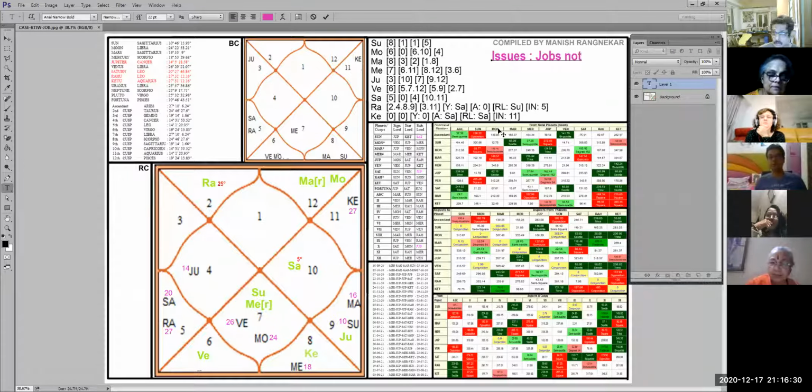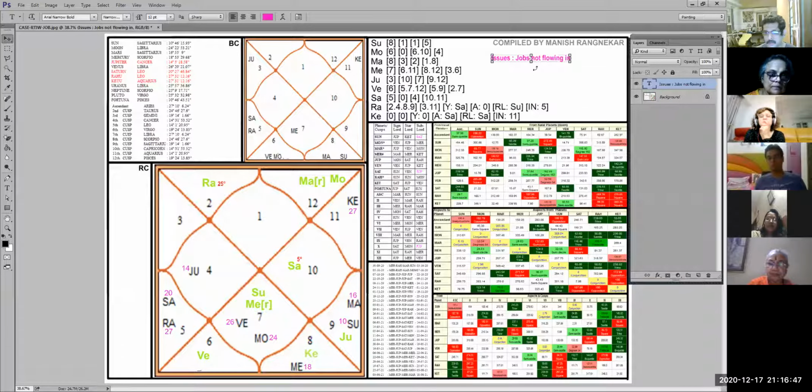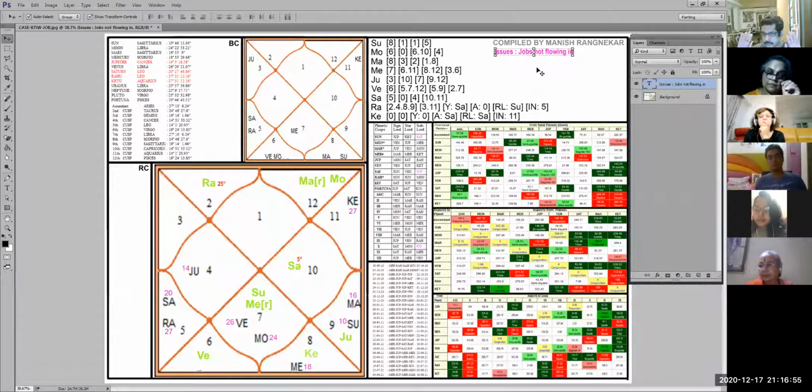Manish, just one second. Will we be considering the Bhav Chalit chart or the Rashi chart? Rashi, always. Rashi, okay. Who asked? Rashmi, one minute. I'll answer the question. I'm a little frustrated. See, Bhav Chalit and Rashi chart have totally two different purposes. So after I'm through with it, just remind me. Rashmi asked, no? After this case is over, just remind me and I will tell you on that.